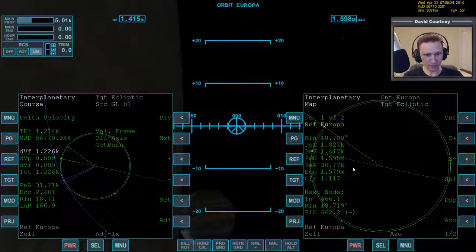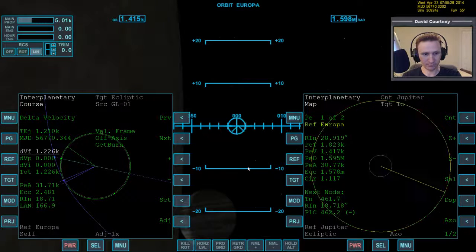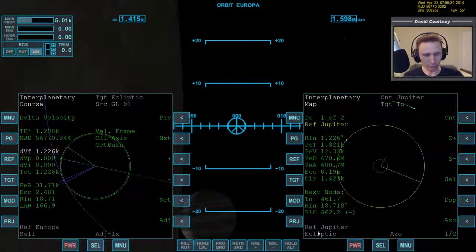and I'm going to change the projection. And we want to target Io, which will automatically reference Jupiter. So technically we want to reference Jupiter first, then target Io, but in this case it does it automatically, so